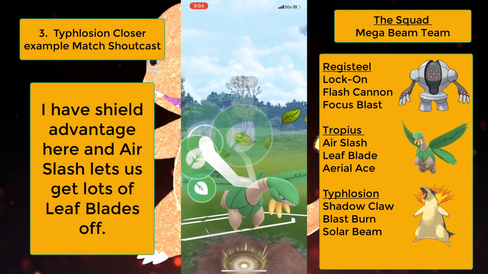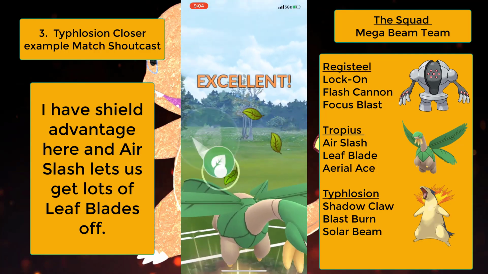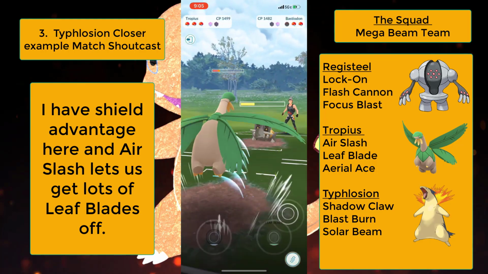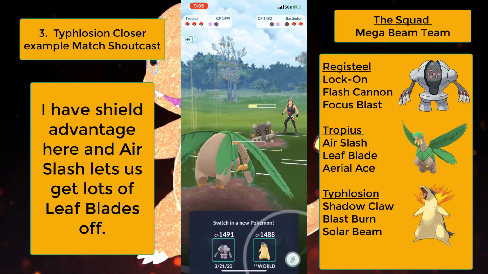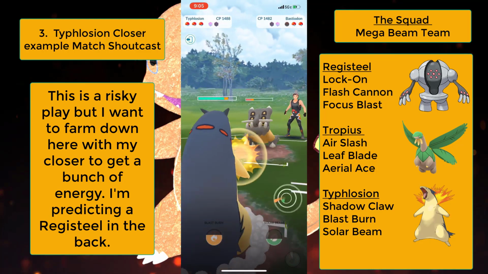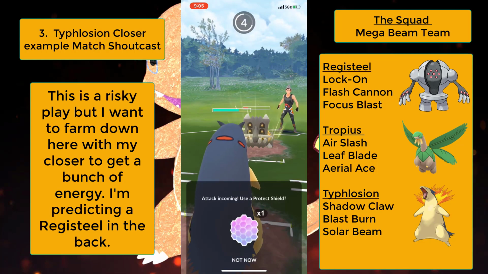So all we're going to do, I'm literally just going to Leaf Blade you to death, and hopefully we pop a shield. We ran the clock already. I'm trying to grab this shield. My opponent, I already shielded the Flamethrower. We want it, and then I send in Typhlosion. Now Typhlosion, here's where Typhlosion shines as a closer. All I'm going to do here, if I think I know what I'm doing right, is all I'm going to do is